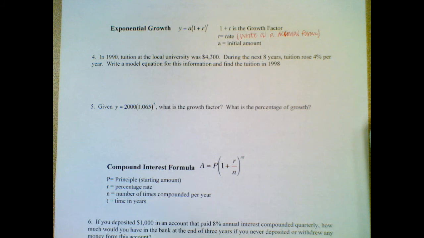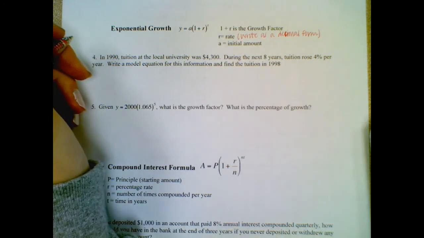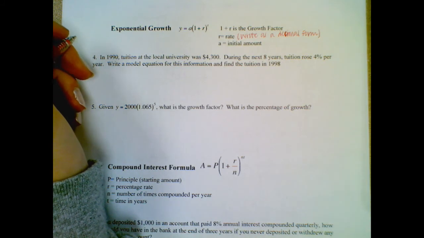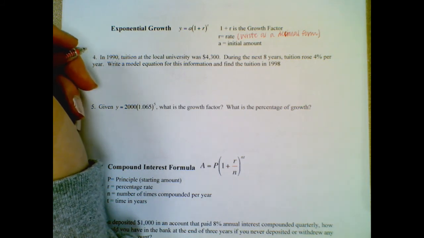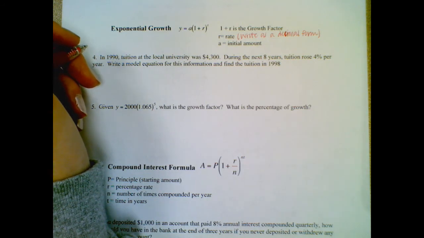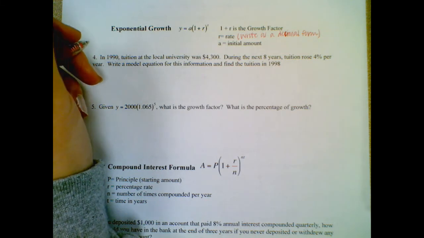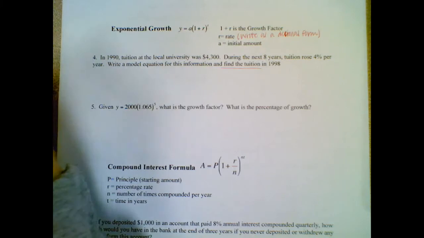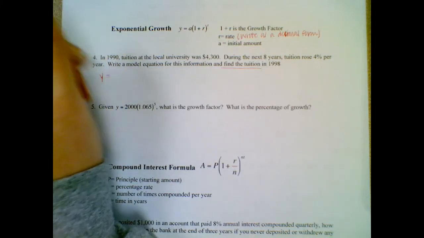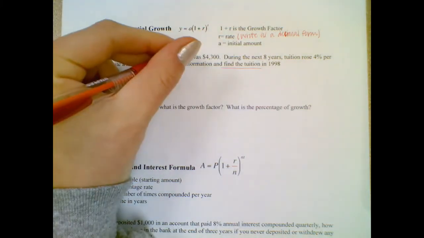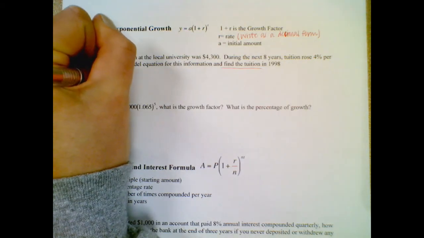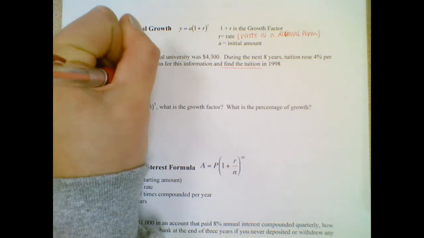So it says in 1990, tuition at the local university was $4,300. During the next 8 years, tuition rose 4% per year. Write a model equation for this information and find the tuition in 1998. So I want to find the tuition, which is the final amount. That's your Y value, okay? So I don't know what that is. The tuition currently was $4,300. 1 plus,